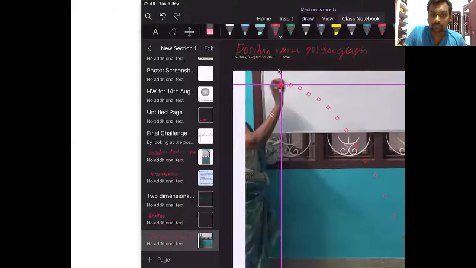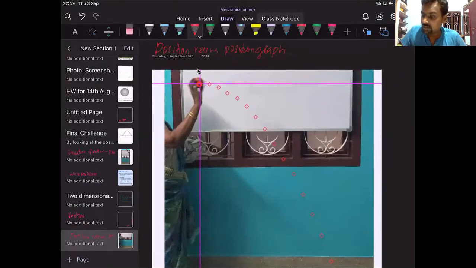Apart from position-time, velocity-time, and acceleration-time graphs for two-dimensional motion, there is one more graph possible to be represented. I'll show it to you now. So this is the image of the tracker file. You can see the